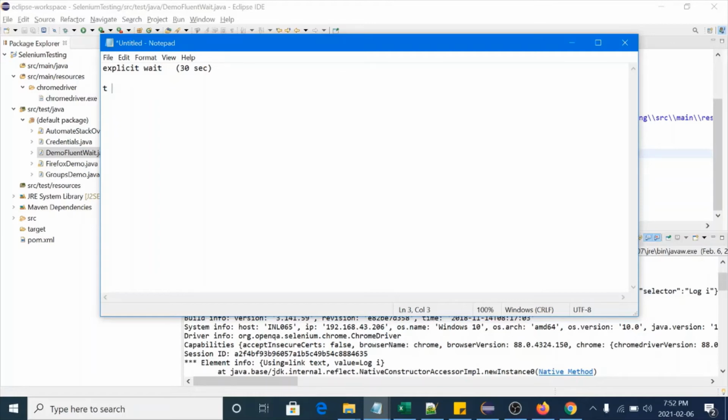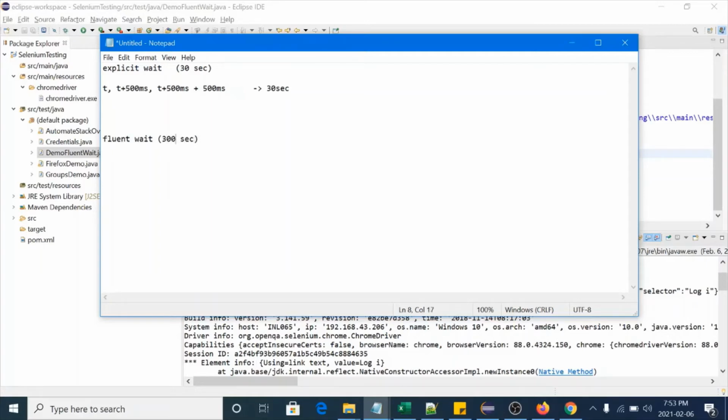If it is not visible on the screen at time t, it will take some rest before checking again: it will check at t plus 500 milliseconds, so it checks the element again after half a second. This is called polling time. Again, if the element is not visible after t plus 500 milliseconds, it will check again after another 500 milliseconds, and so on, until it reaches 30 seconds. Now if we talk about fluent wait, the process is totally the same, but let's suppose we applied 30 seconds of fluent wait.